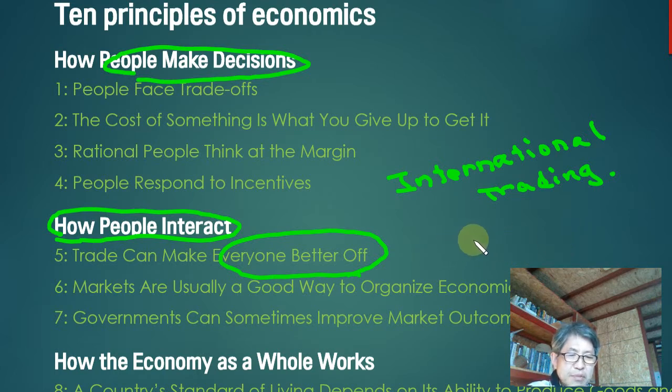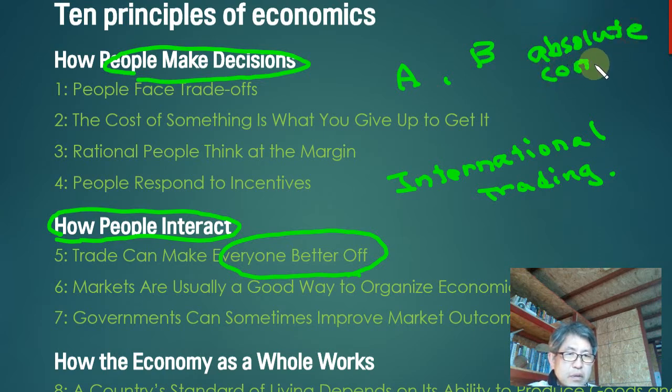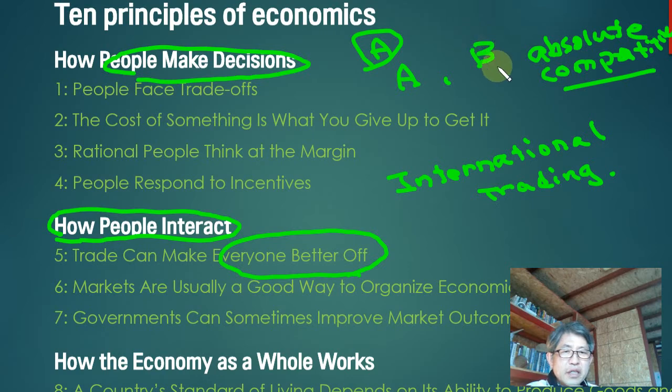For example, whether it is absolute advantage or comparative advantage, okay, country A, country B. According to the absolute advantage theory by Adam Smith, if A has the absolute advantage, A makes the product. Okay, and if B has the absolute advantage in other articles, B makes those. And they do a deal together,